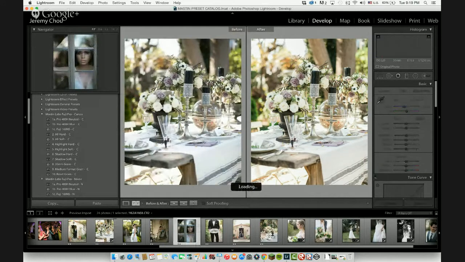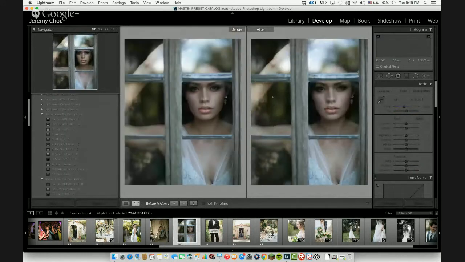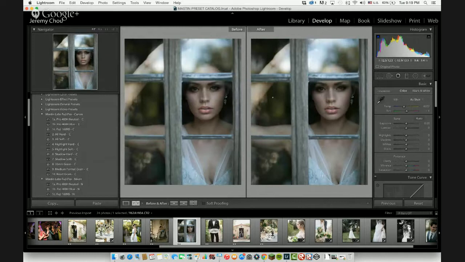So this image got a lot of requests. I got quite a few people asking me how I edited this, so I'm going to do this real quick. Again, this is from the last workshop. This is straight out of camera with no editing, no presets applied. I underexposed it a little bit, because anytime you're shooting a subject behind a window or something that glares, you have to underexpose it a tad, just so you can keep all the details. And you also have to find a way to